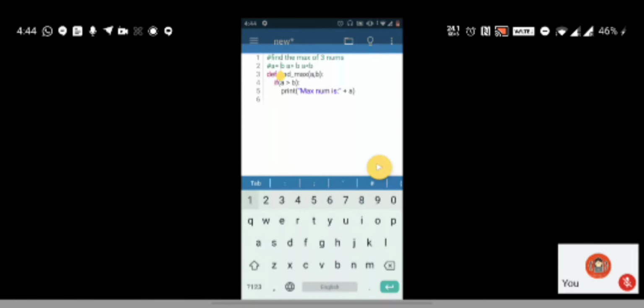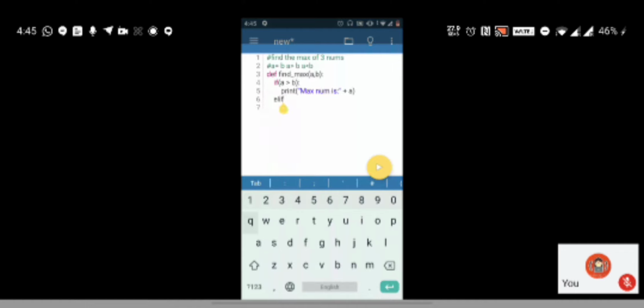So here I am checking if A is greater than B. If A is greater than B, then the maximum is A for sure.